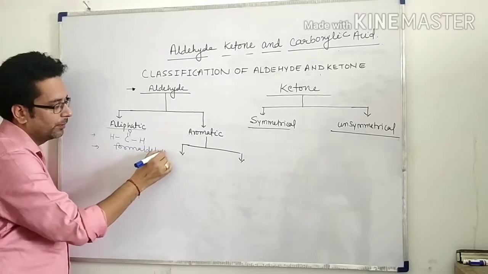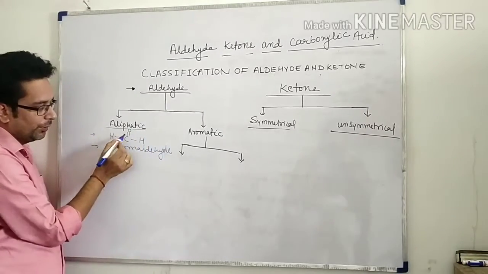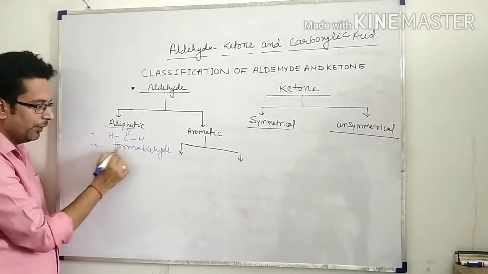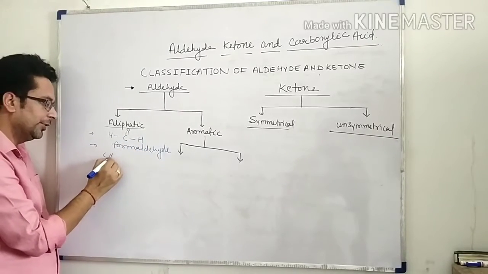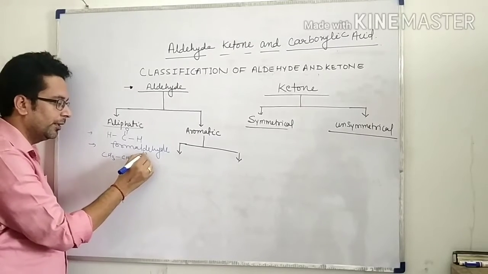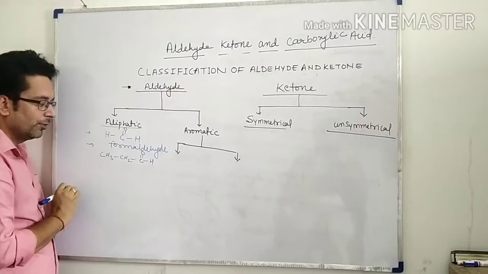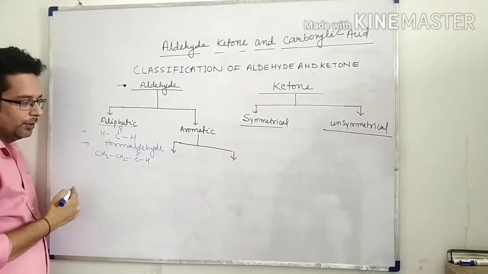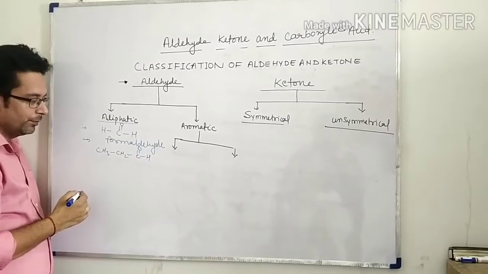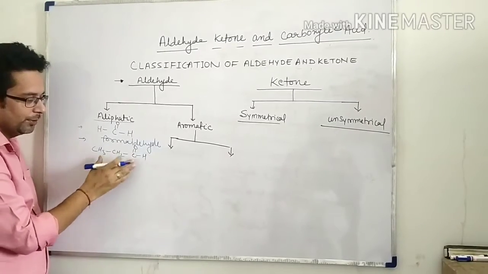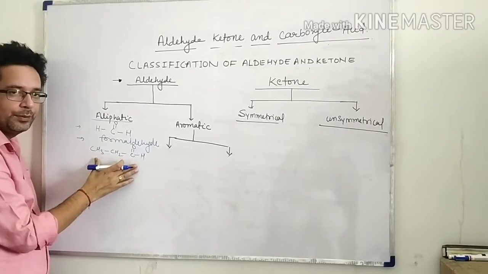Formaldehyde. Look here, this group is known as the aldehydic group, formaldehyde. Now the next example, CH3CH2C double bond H. Now this is 1, 2, 3. The common name is propanaldehyde.